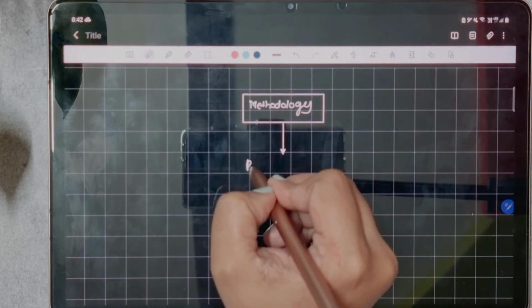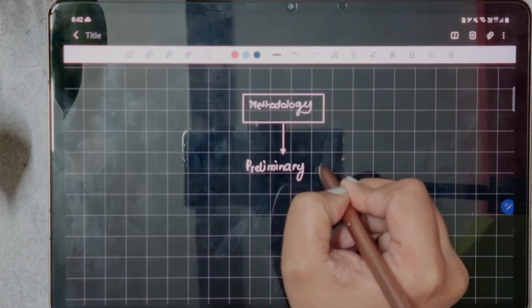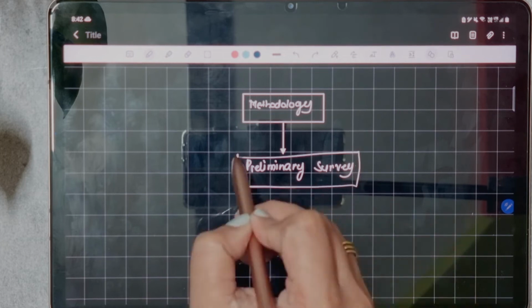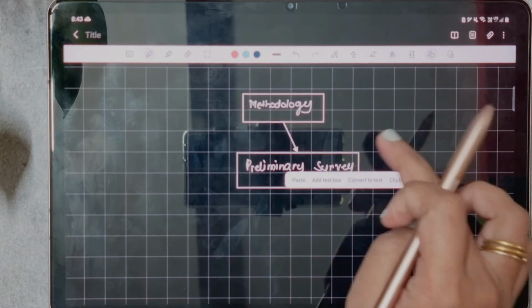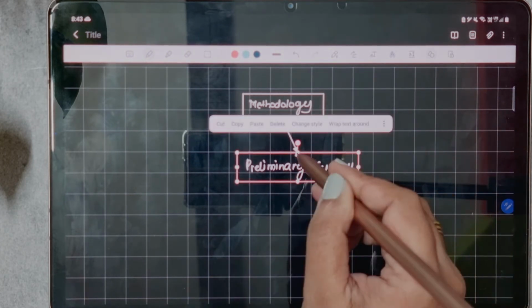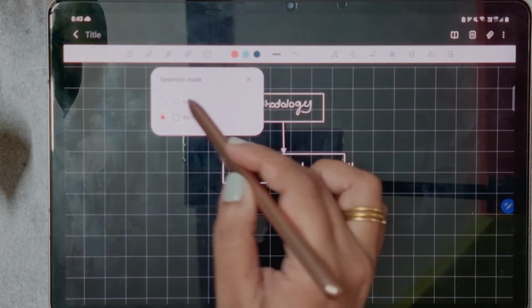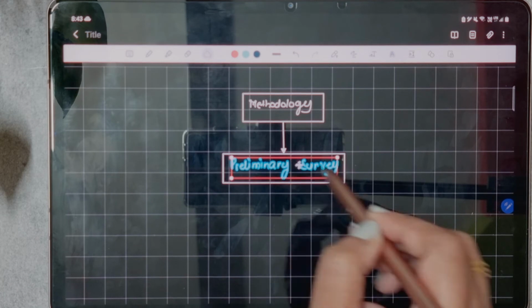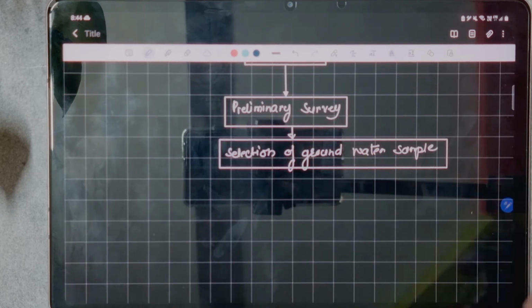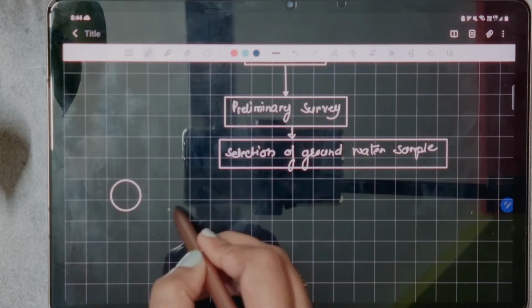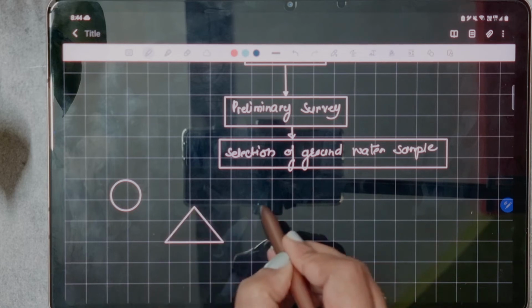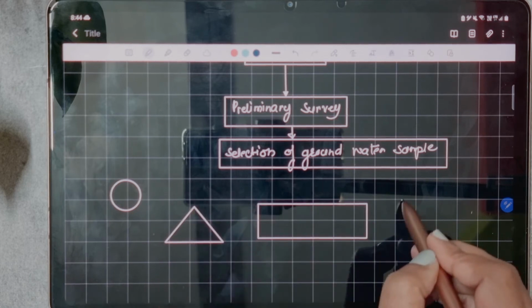Number 14. Shape Tool. If you want to insert a perfect size of shapes, then you can use the shape tool. In the new updated version, there is no need to choose the shape tool again and again. You can simply draw any shape and just hold it for a while or long press it. It will automatically get converted into the shape. To change the size of the shape, you can hold and select the shape and resize and rearrange it.